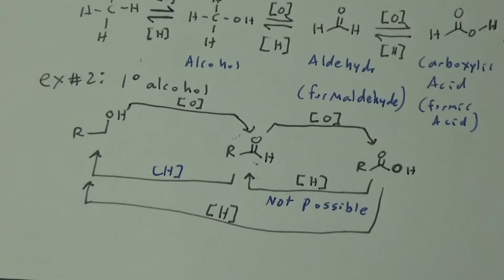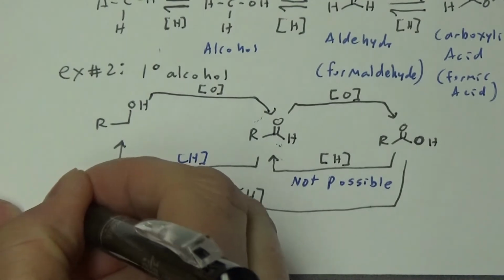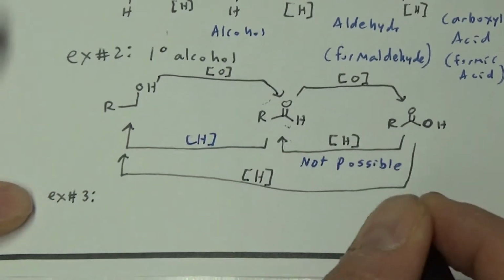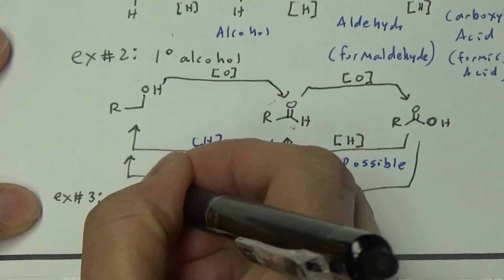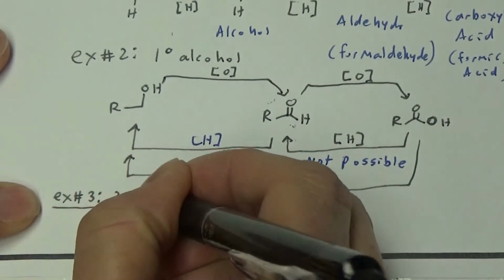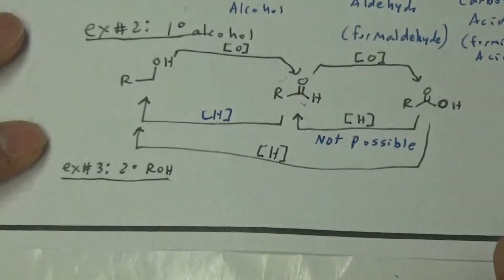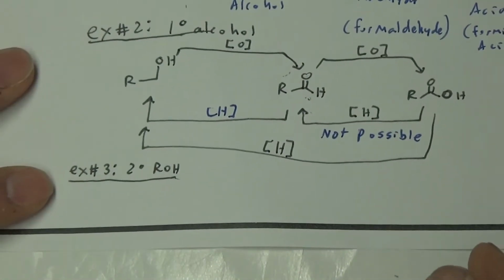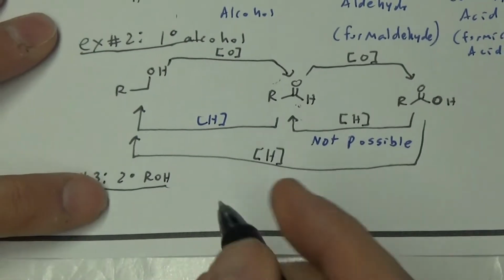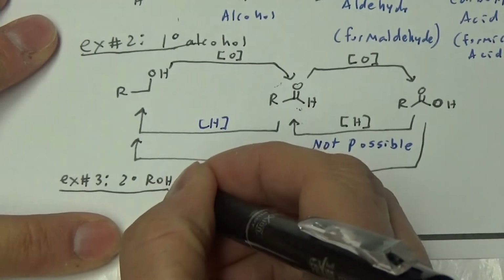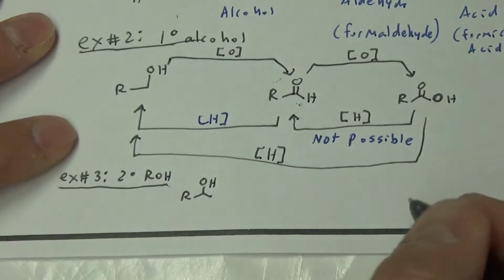Let's just consider a third example. I'm going to sneak it down at the bottom here. Example number 3. And that is if you have a secondary alcohol. What are the kind of steps for a secondary alcohol? Secondary alcohol is even easier, maybe, than the primary alcohol. Because if you have a secondary alcohol, and I'll just draw it like that,